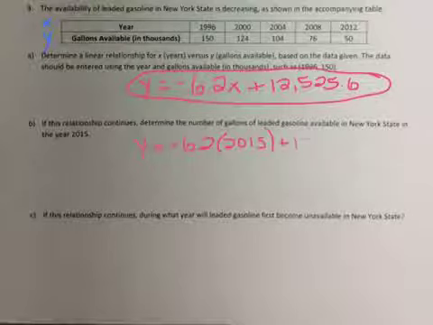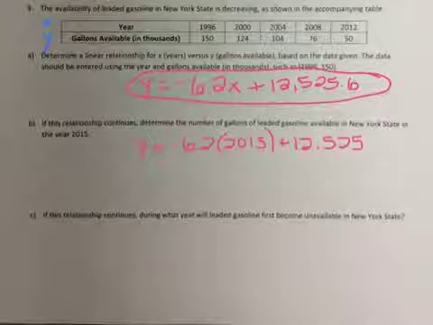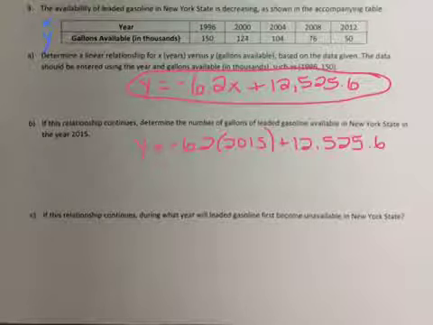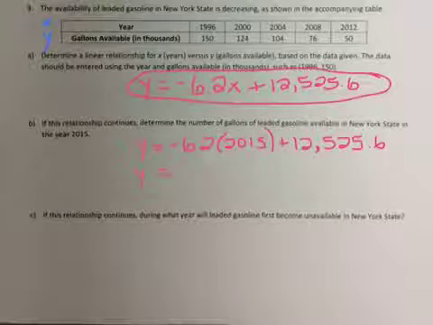plus, and you can bring down the 12,525.6. My comma kind of looks like a decimal, so let's make that a little better. Okay, so you can really just plug this in your calculator and see what we're left with. Okay, so when I plug this in my calculator, I got